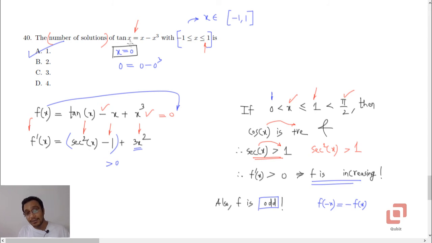Okay, see, now if you were to talk about the graph in general, the graph of tan x and the graph of x minus x cube, these graphs are going to intersect each other infinitely many times. But because we have been asked to chop the domains to -1 to 1, that is okay. Right? Now let us verify our result graphically.